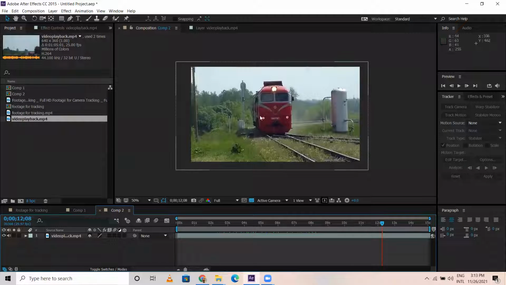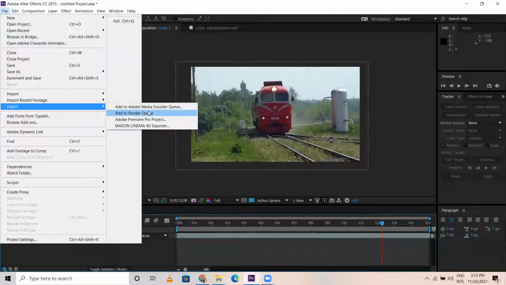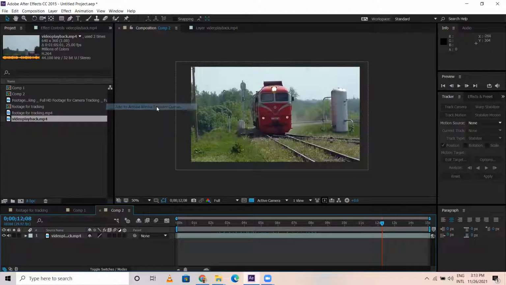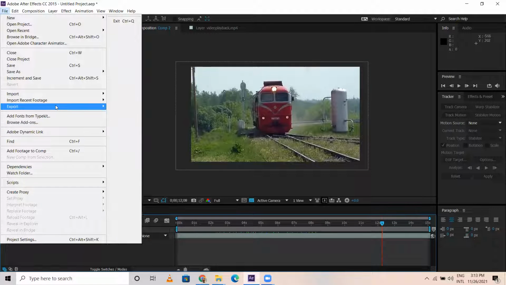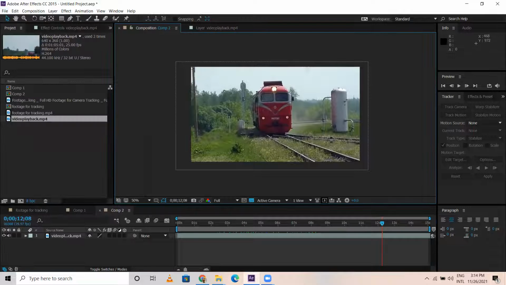Even after this, we can have two different compositions, let's say before and after. For example, you can export this to Media Encoder. You get Adobe Media Encoder. Let's render this. There are two ways to export as video. One is export to render queue, you get a video. The other is export to Adobe Media Encoder. You get the Media Encoder software open separately, and in that you will have multiple presets. You can pick whatever preset you want.